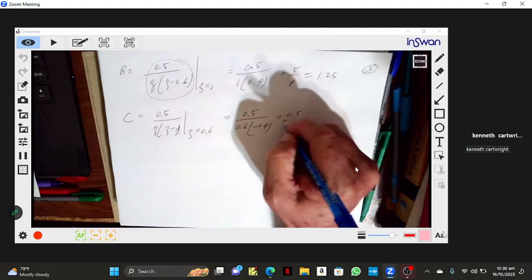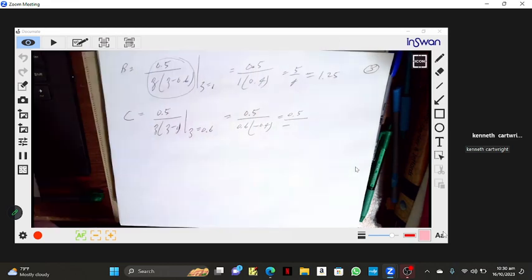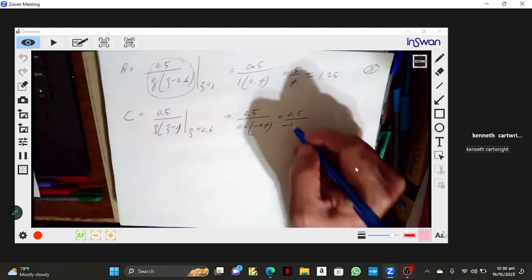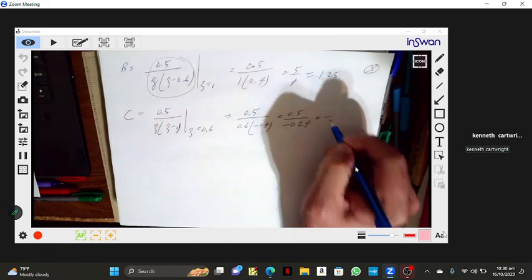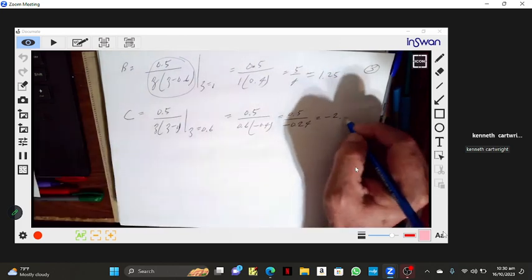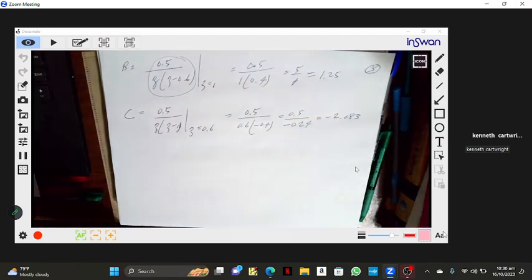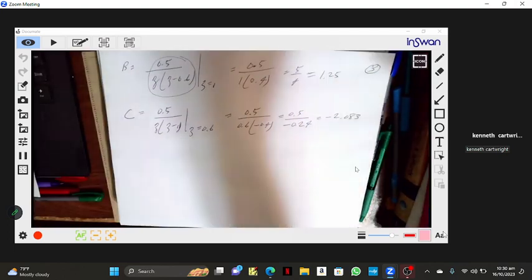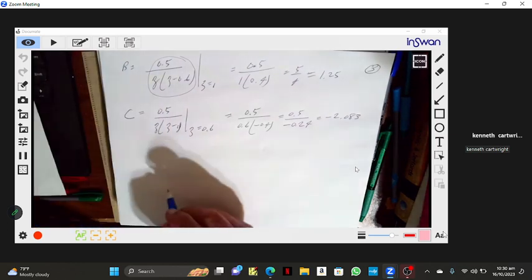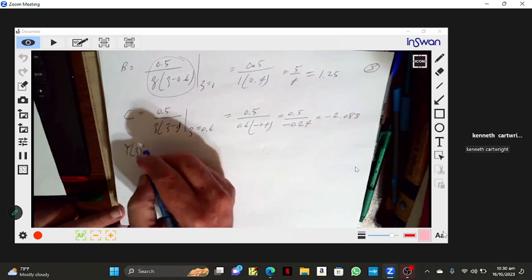Equals 0.5 divided by negative 0.24, which equals negative 2.083. Any questions about that? So y over z